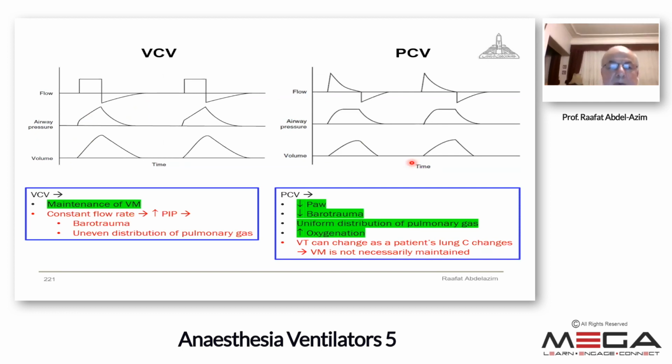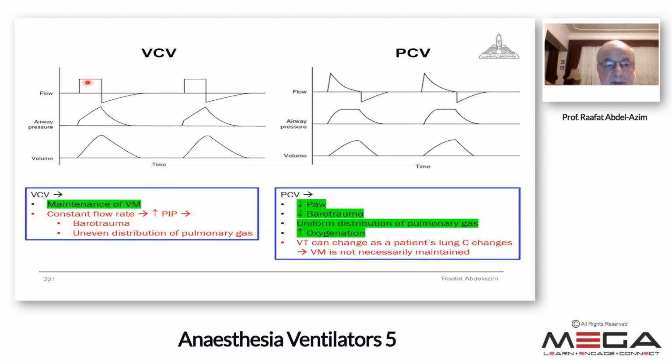As I displayed before, the different forms of graphs for flow, for pressure, and for volume in volume control ventilation, and the differences with pressure control ventilation, volume control on the left side, pressure control on the right side. We know now that volume control ventilation is useful to maintain the tidal volume or the minute volume. But its disadvantages are these: